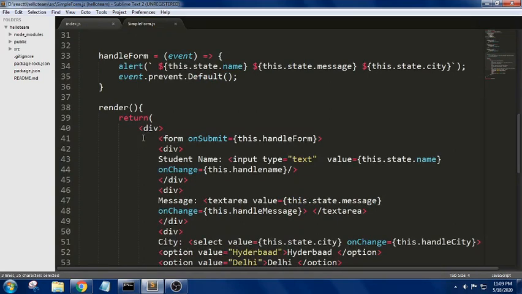So this will execute until the user has submitted the values. So this is how we have done a basic simple form using React. We call this controlled components or controlled inputs.